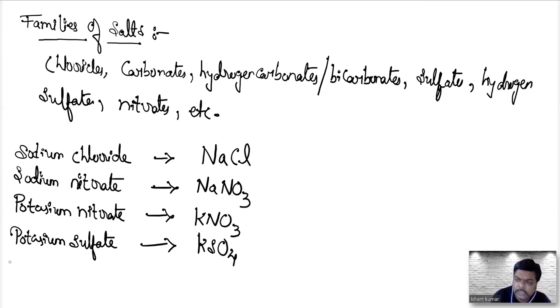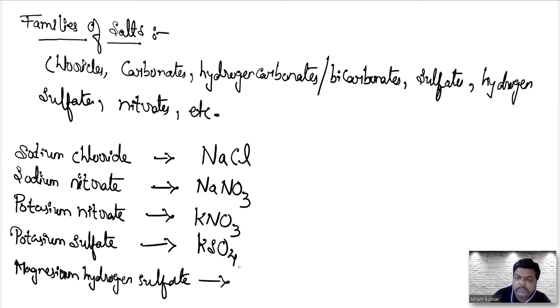KHSO4, potassium hydrogen sulfate, is there. Magnesium hydrogen sulfate is there. Then the formula here becomes Mg(HSO4)2. Okay. Similarly, if I am taking hydrogen carbonates, then for carbonates, we can take formulas such as